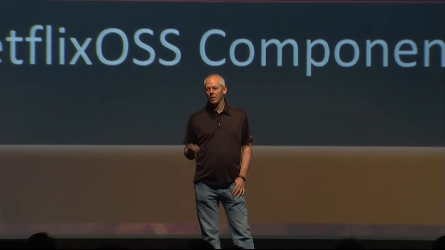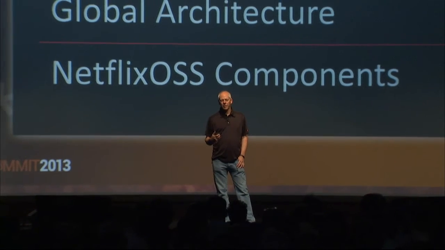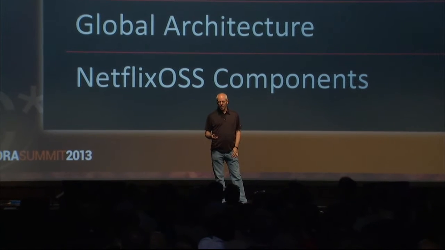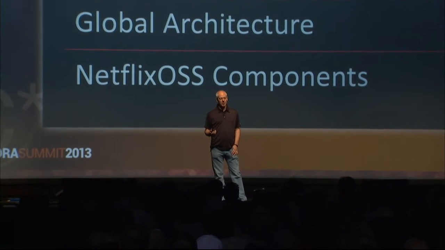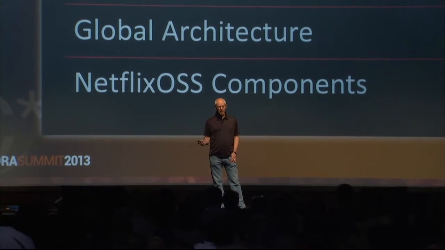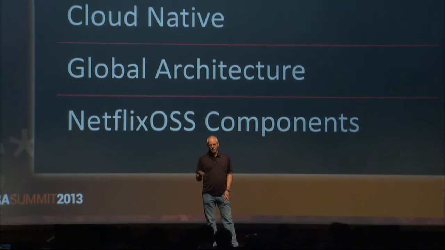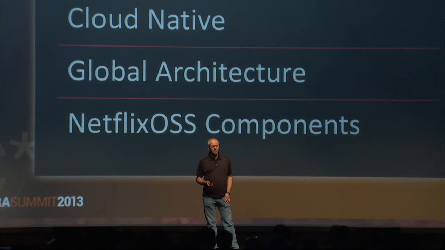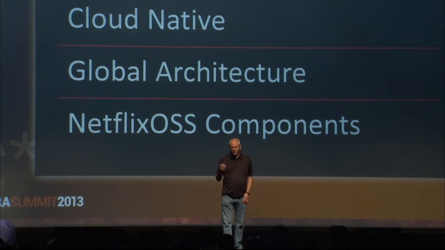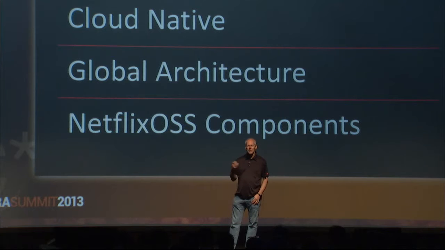So I'm going to talk to you about cloud native. Netflix is a cloud native application, and I'll explain how that works. I'll talk about the global architecture and how that's basically using Cassandra to ship the bits around the world. And then the open source components we use to do that. We now have over 30 open source projects. There's another one coming out tomorrow, another one next Monday, and a couple more the week after that. So we're pretty much releasing an open source project about once a week right now. And people are getting lost in all these stupid names and acronyms that we have for it. So I'll try and give you a guidebook to how to decode all our components and how they work together.